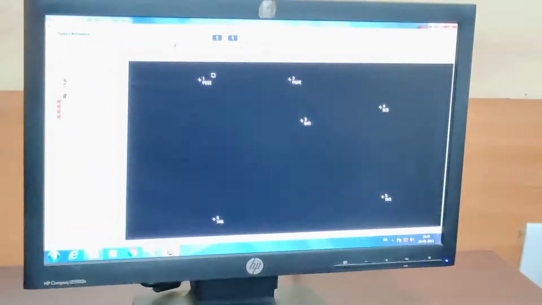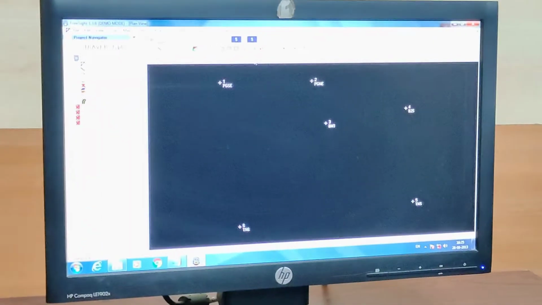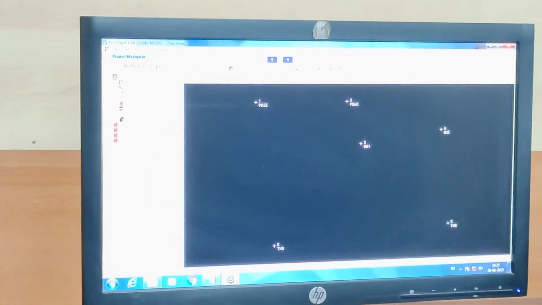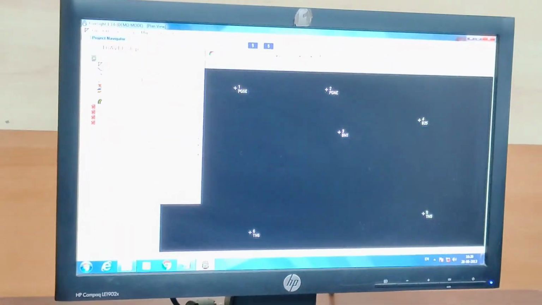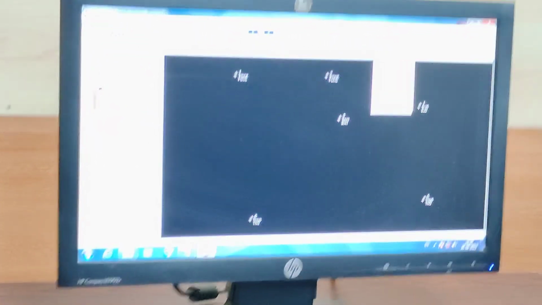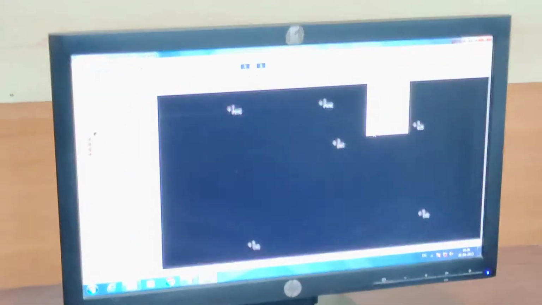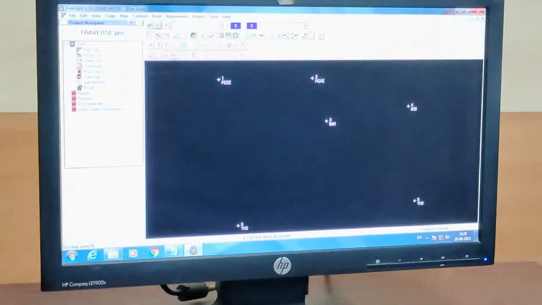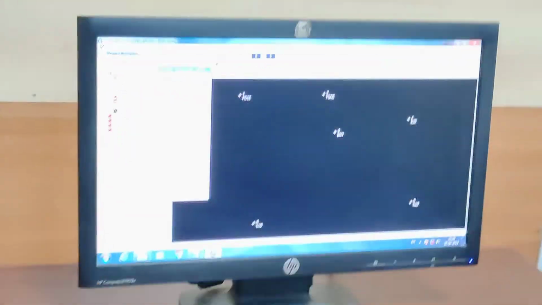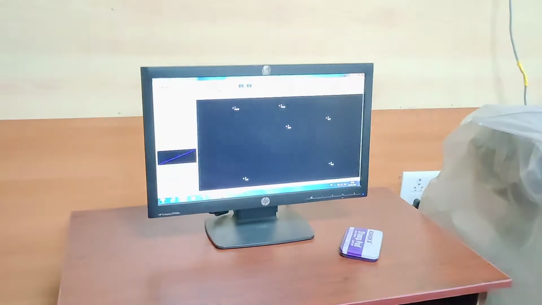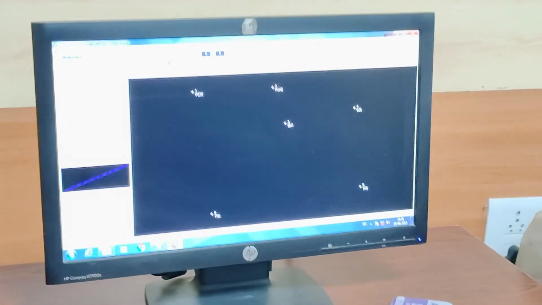Now, if you want to draw, there is one icon here. Otherwise, map, add sets. Otherwise, just right click in this area, click on map, and it will switch on. These are the icons you have to use. Map, add set. Both are the same: map, add sets or this icon. Just click on this one.